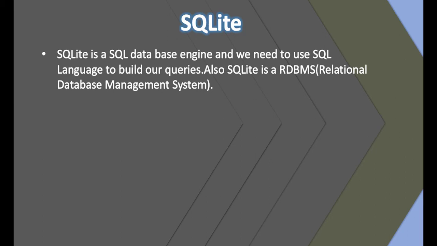Also, SQLite is a relational database management system. In this course I am not going to discuss relational database management system concepts, because the course is mainly focused on the four operations of the SQLite database: create, update, read, and the last one, delete. There are lots of other operations we can perform inside SQLite, but with the help of these four operations, we can perform almost everything required in a simple Android application, or even in a complex one.